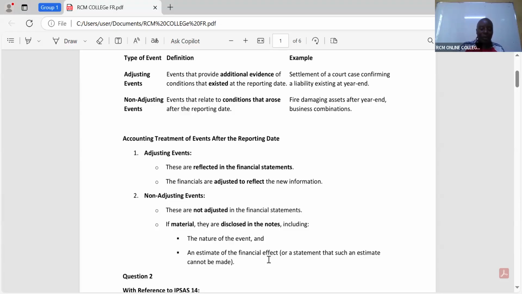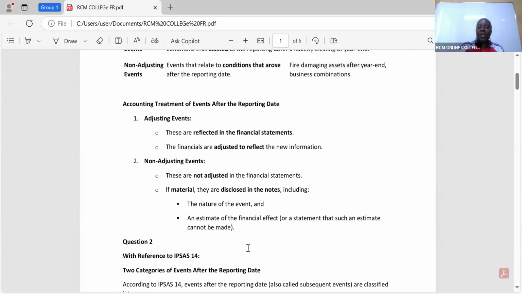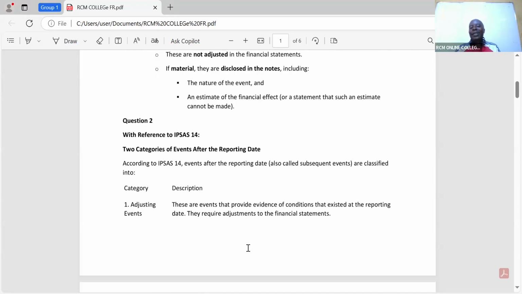This building that got burnt down was our office block, and of course, it is valued this much. And this is how we expect the property, plant, and equipment to go down. All effects must be shown. They came and asked us the other day a question on International Public Sector Accounting Standard number 14, which also talks about subsequent events after our year end. So the same here. IPSAS is for the public sector, the government, parastatals.